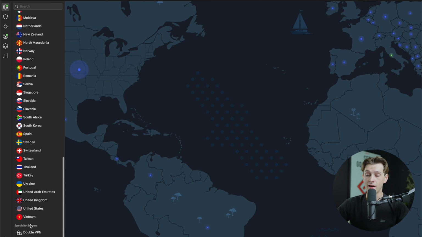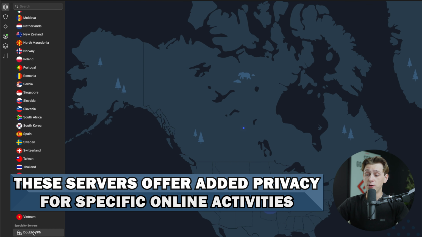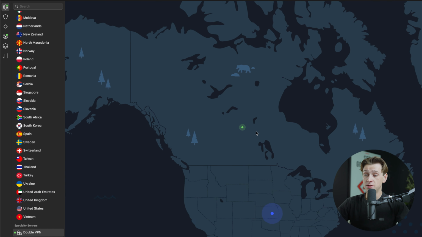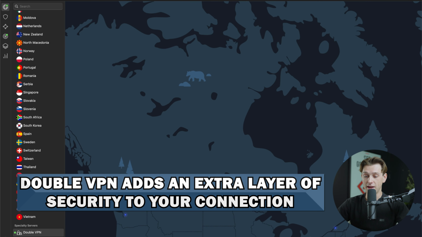Now, I want to mention this, at the bottom, we have specialty servers. These are servers that you can connect to if you are doing some more specific actions or specific work on the internet that requires a little bit more privacy. For instance, Double VPN is basically doubling up the security of your VPN, wrapping it in another layer of a VPN so that you have an even more secure connection with even more encryption